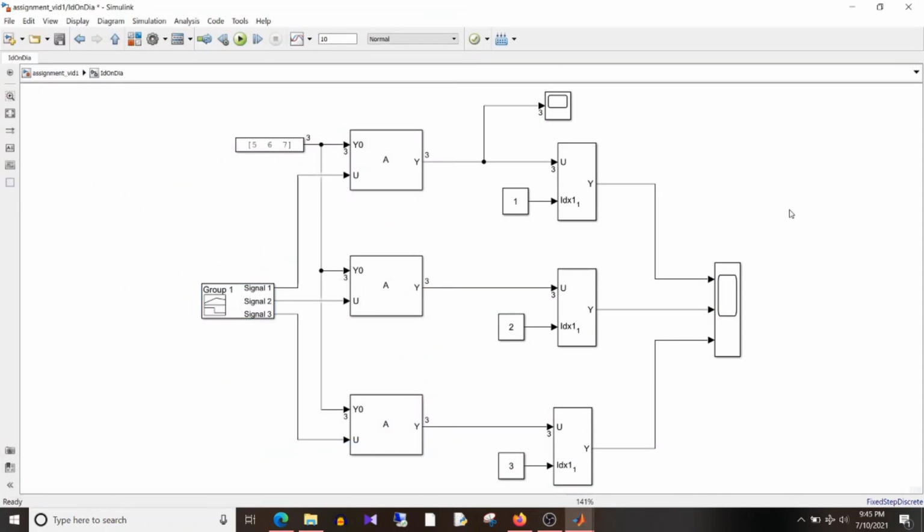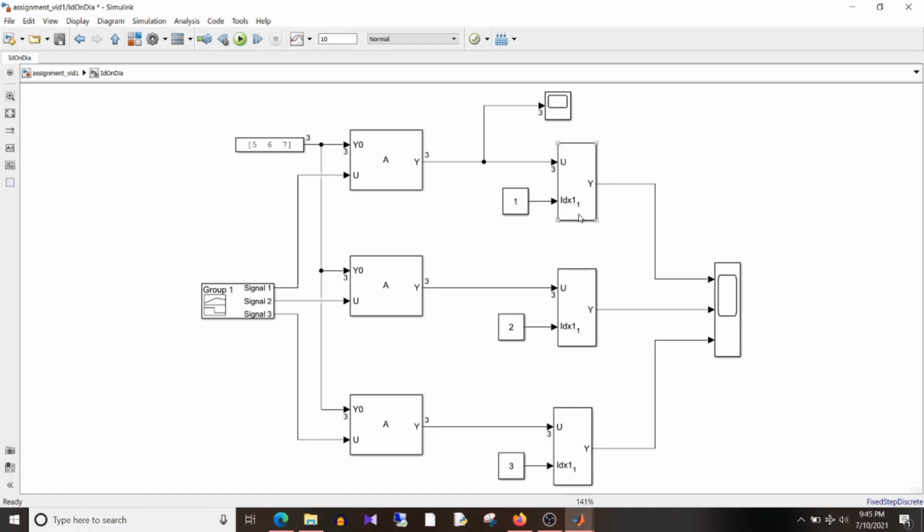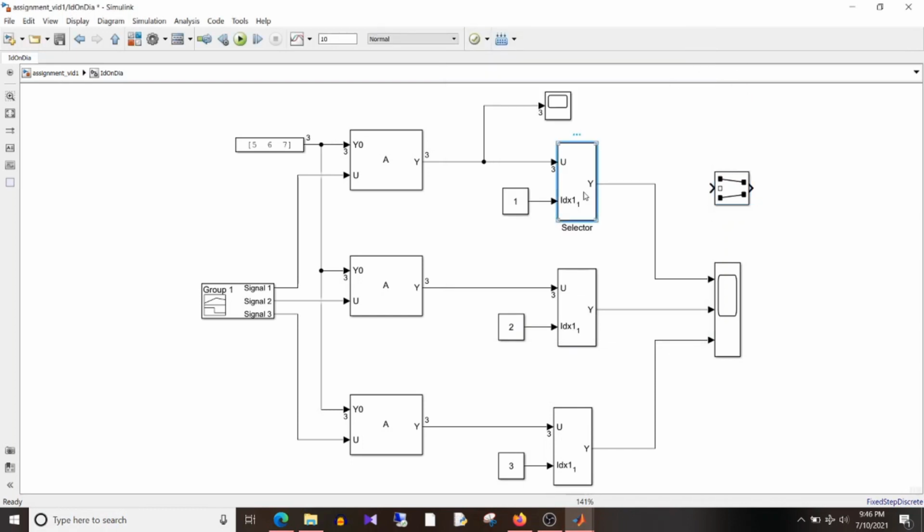and now we will come to the remaining part of the design, where I have used a selector block. To get it, you can just type selector in an empty white space in your model and choose selector, and you will get this block. Now you might wonder why this block and this block look different, because you have to make a few settings on this block to make it look like this. So I'll explain this block in my future videos.